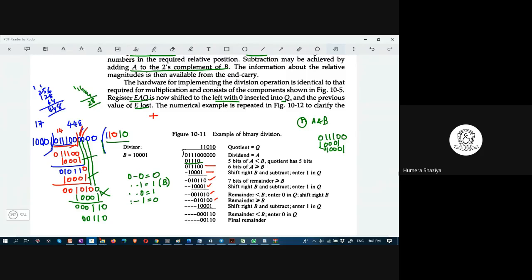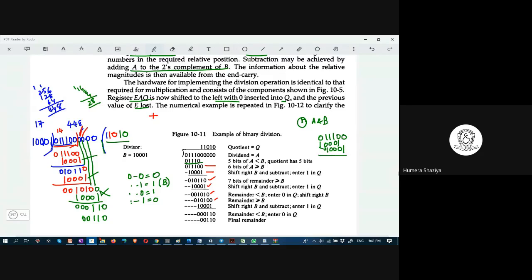This is the first step, in which A is smaller than B. The part of A is smaller than B. It's not the entire A, it's a part of A, the number of bits which is equal to B. If those many bits are smaller than B, shift: take one more bit of A and shift the divisor